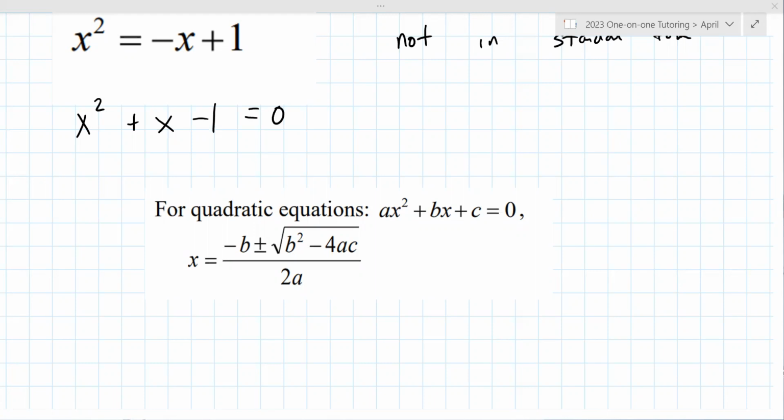So -1 plus minus the square root of 6. So that'd be -1 plus the square root of 6 over